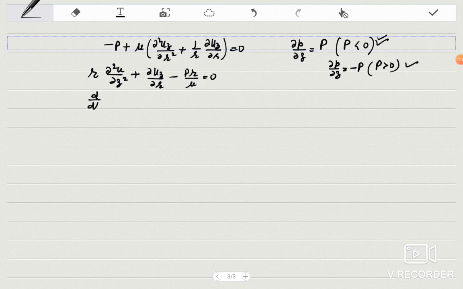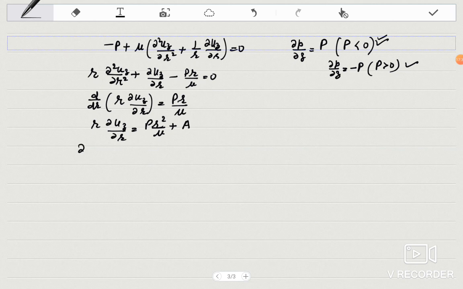So I may write it as d/dr of r duz/dr is equal to p r upon mu. Integrate and get p r square by mu plus constant of integration, or duz/dr is p r upon mu plus